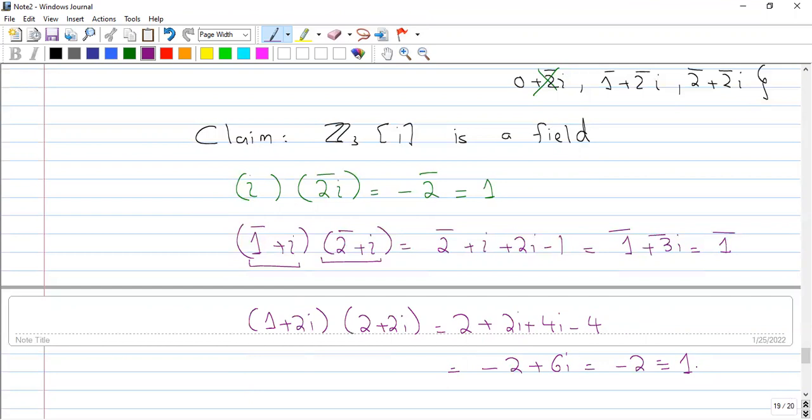So it shows that whenever I take a non-zero element, it has an inverse. So every non-zero element is a unit. So it claims that Z3 iota is a field, and Z3 iota is a field of order 9. चलें, आप लोगों ने ये बात कर ली। वैसे आप Z2 iota को भी चेक करने की कोशिश करें कि Z2 iota होता क्या है, अभी अपनी कॉपीज में कुछ चेक करें, क्योंकि अगर वो फील्ड हुई तो ऑर्डर 4 की फील्ड हो जाएगी।